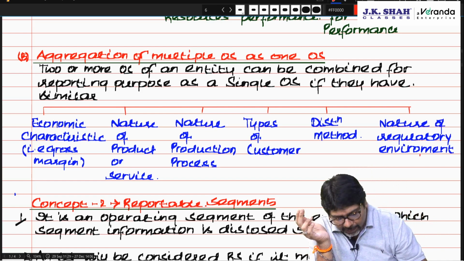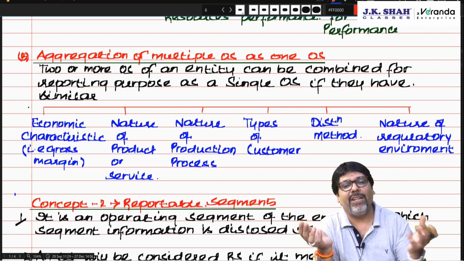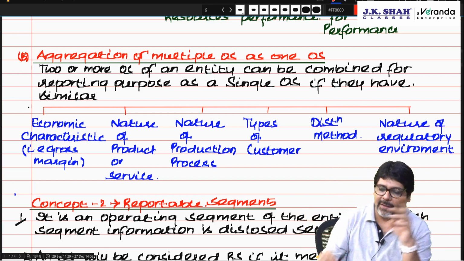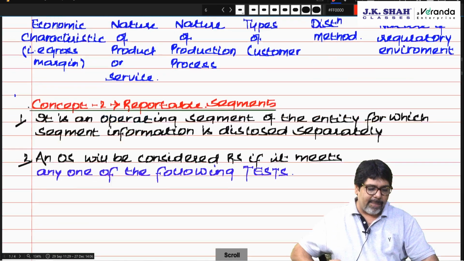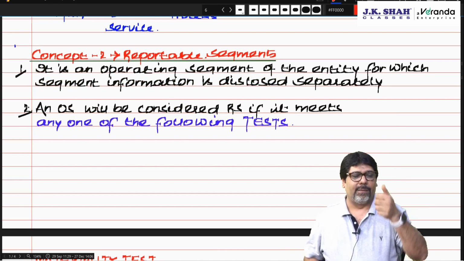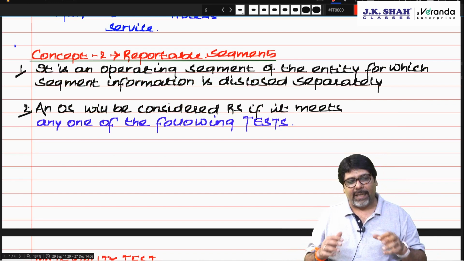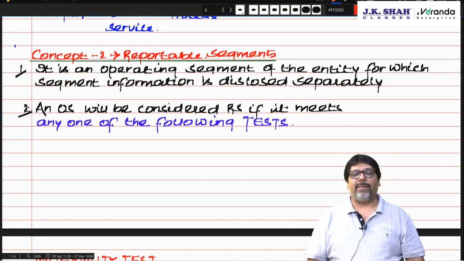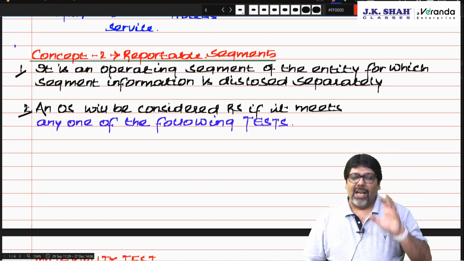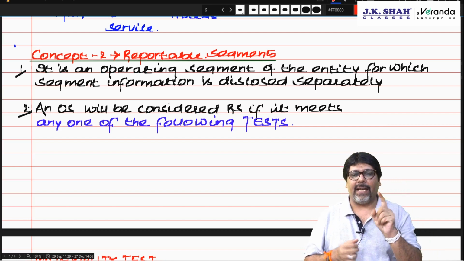So if all these conditions are satisfied, then you can merge two separate operating segments into one for the purpose of reporting. Am I clear? So now it is very clear. Two things we learn. What is a reportable segment? What is a segment, and can two segments be merged? Yes, two segments can be merged if the following 6 criteria are met. Their economic characteristics are the same.